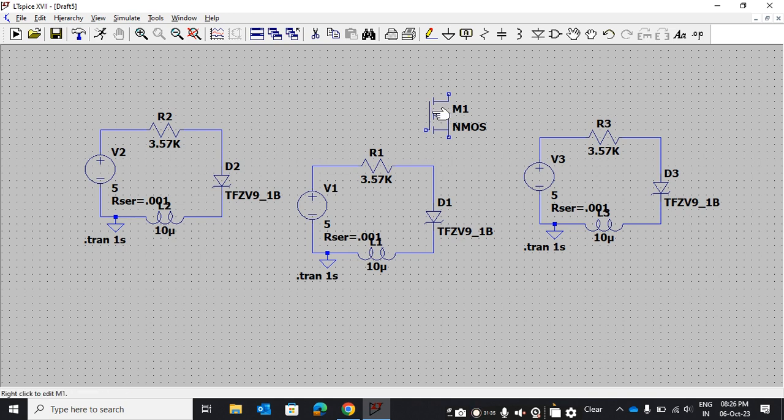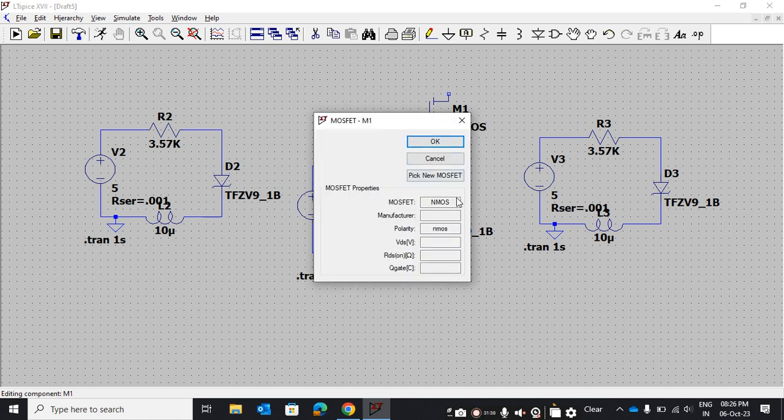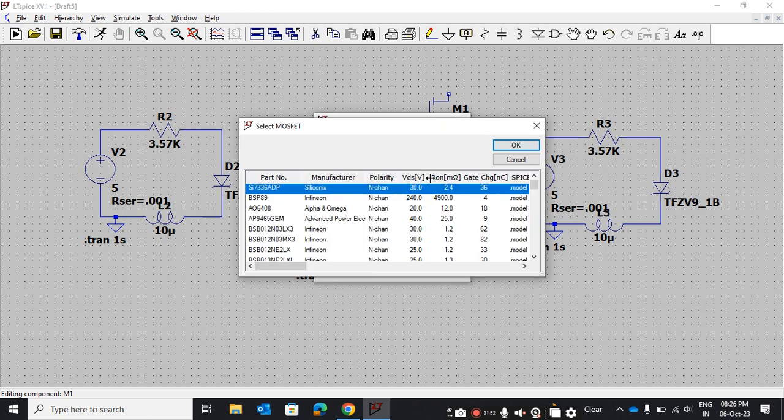Bring the cursor here, and now right click. Okay, so it is showing only NMOS, but it is not showing the parameters of this. So to select the parameters, you go to part number, you go to pick new MOSFET. Okay, so here you can pick new MOSFET with part number.